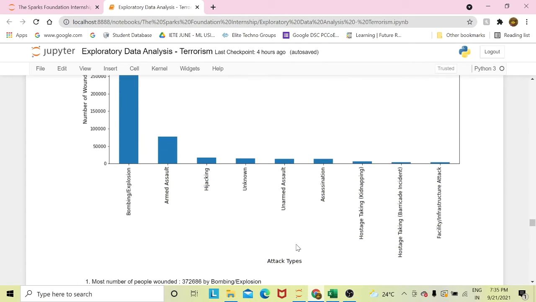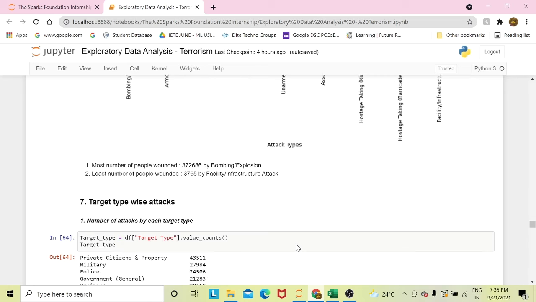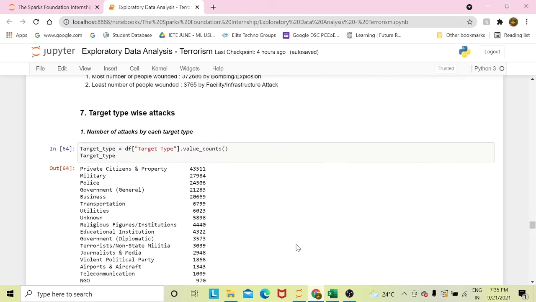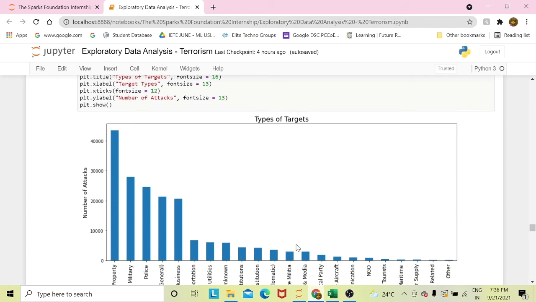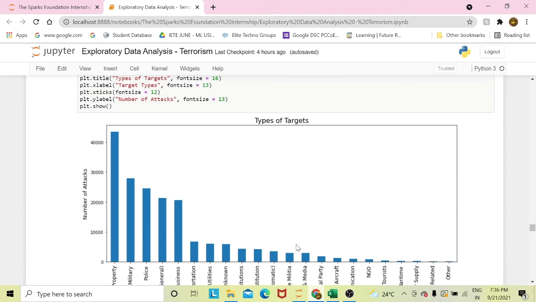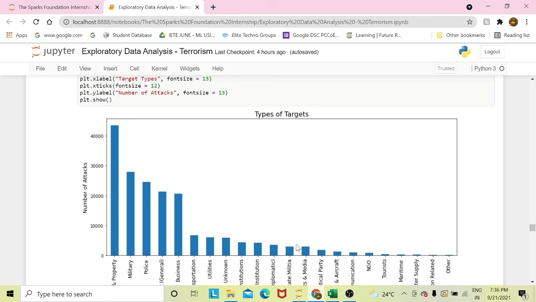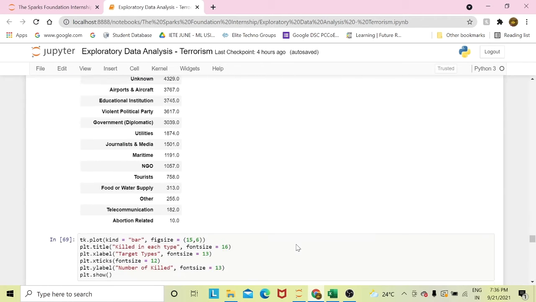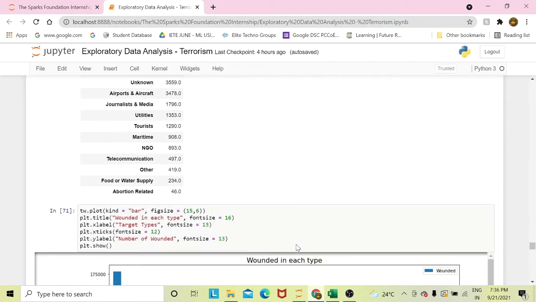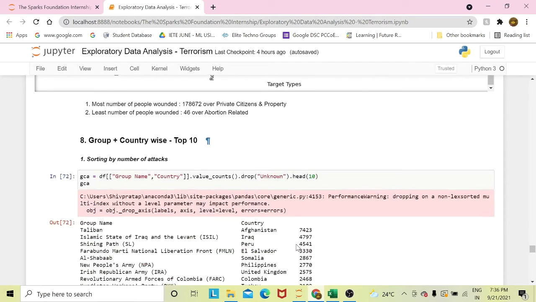After attack type, we come to the target type wise attacks. In target type, we will observe that the most number of attacks had private citizens and properties as the target mainly. Then we will see the casualties, killed and wounded people, in all target type events.